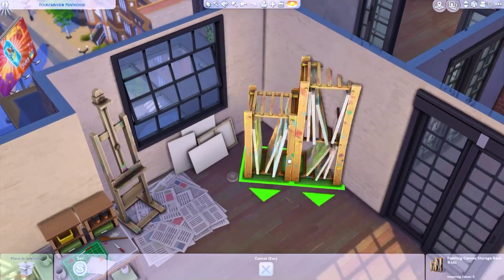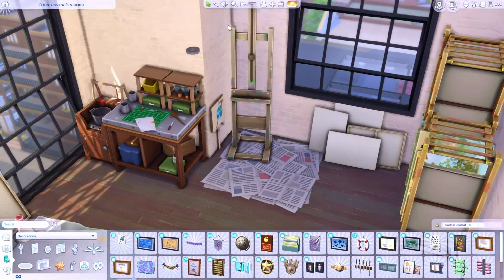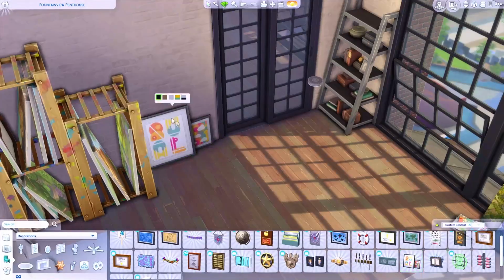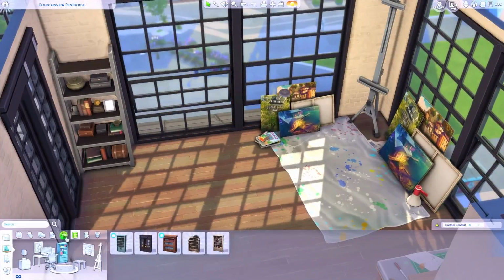So your Sims don't actually always have to access it, but of course if you want the animation of your Sims rumbling through all the different decorations, then you can definitely just move it into a different area. But now I've moved on into the third level of this penthouse, and I've started off by furnishing the